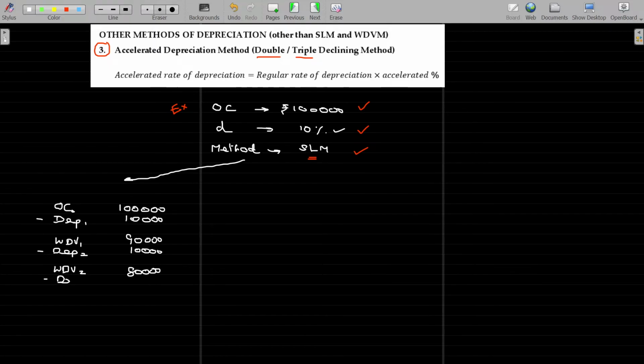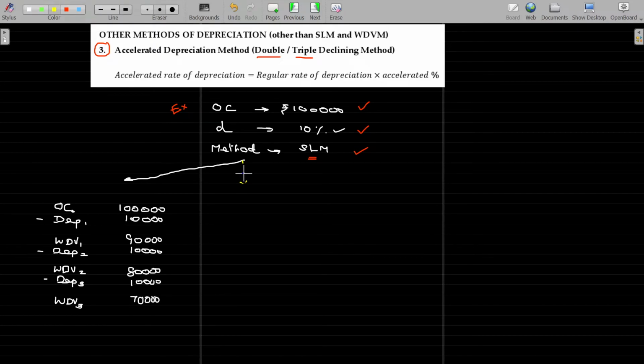Again, provide the depreciation for the third year, also 10,000 rupees. Then 70,000 rupees is the WDV for the third year. Clear? Hope so you could understand. Let's move on to